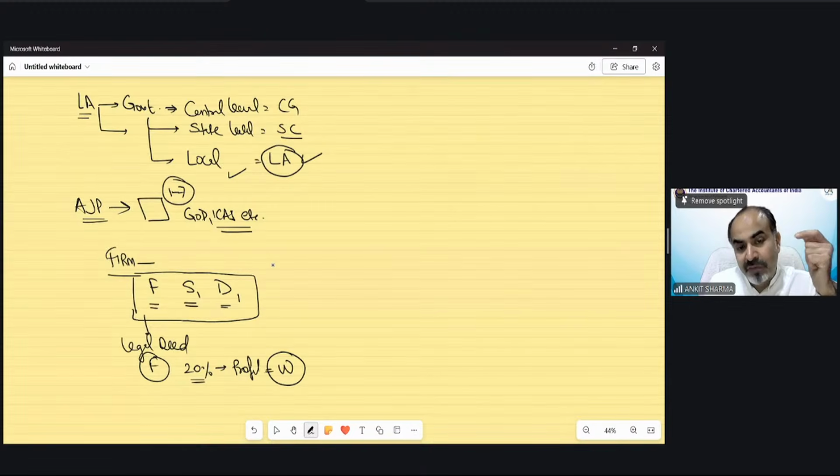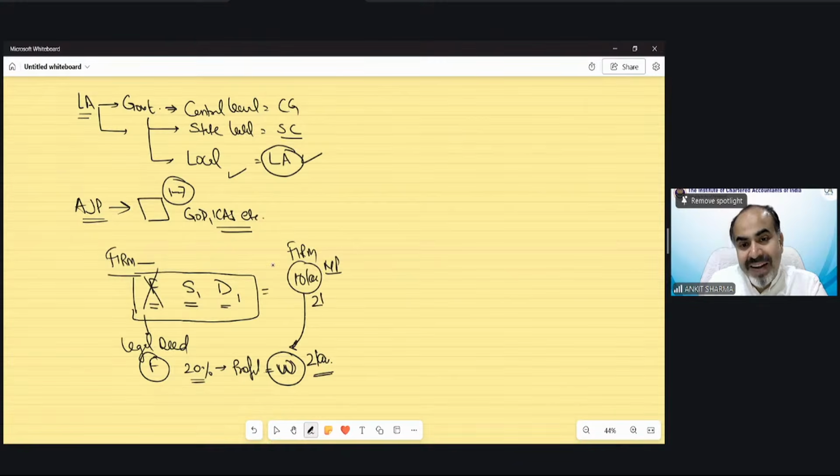Then after the death of Mr. F, whatever is the profit, the 20% needs to be paid to his wife. Now in this situation, if Mr. F died and this partnership firm runs, suppose this partnership firm earns 10 lakh rupees as net profit. Out of this 10 lakh rupees, automatically 20% would be the income of his wife, Mrs. W. That means 2 lakh rupees. So now this 2 lakh would be treated as diversion of income in the hands of the partnership firm.